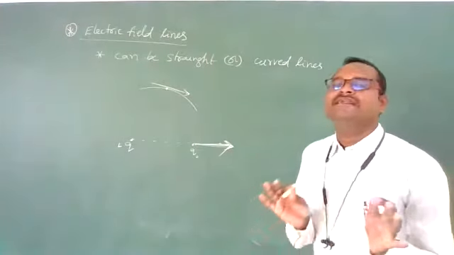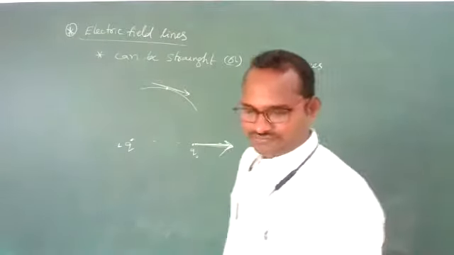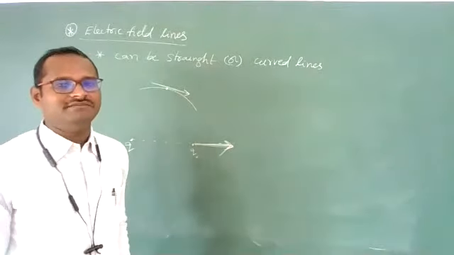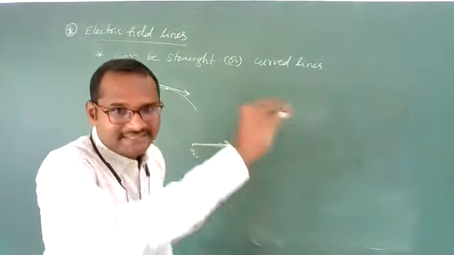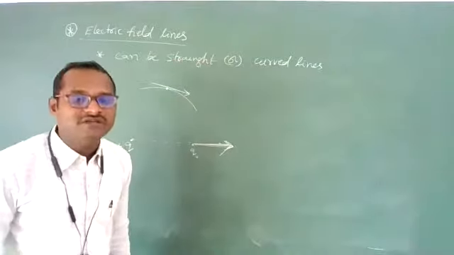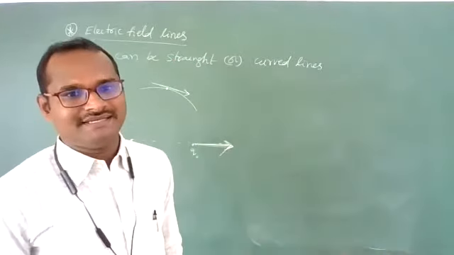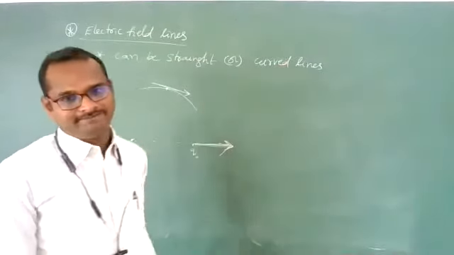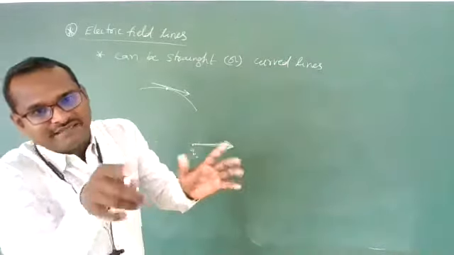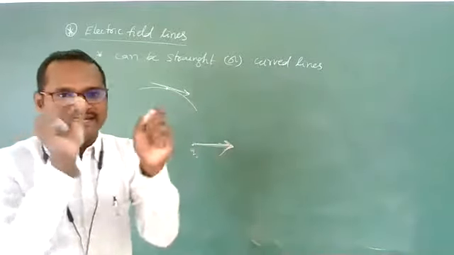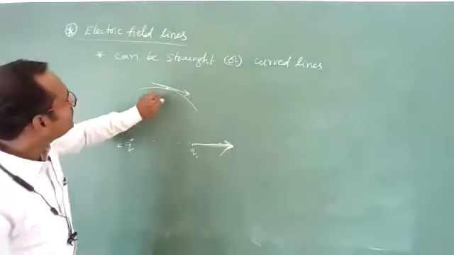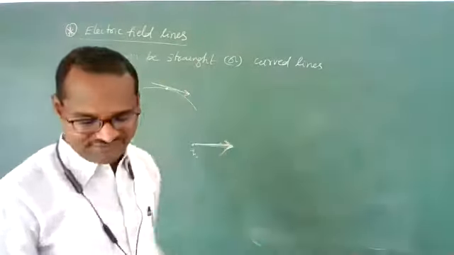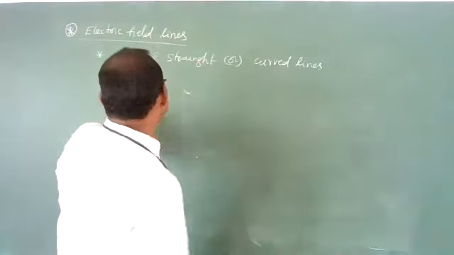Somewhat the same as magnetic field lines, but one point is different. Electric field lines are nothing but the path along which a positive test charge will move. That path is called an electric field line. These lines can be straight or curved. If the line is curved, and you want the electric field direction at any point on it, you need to draw a tangent. The tangent drawn to the curved line gives the direction of the electric field. Clear? Now, next point.